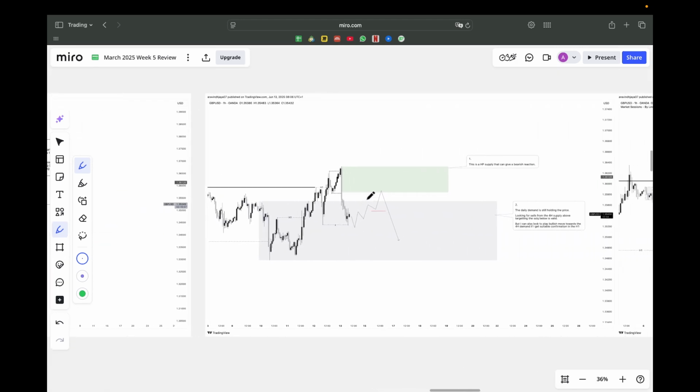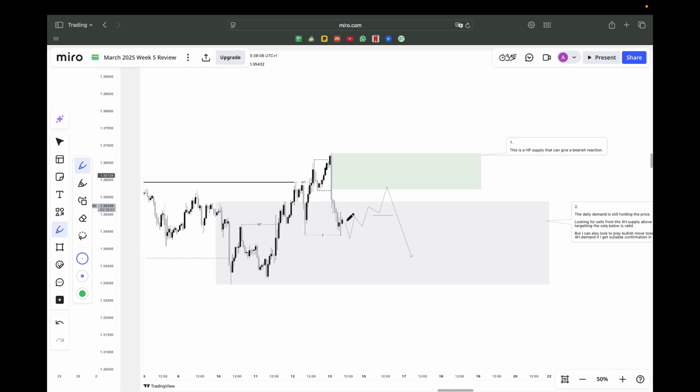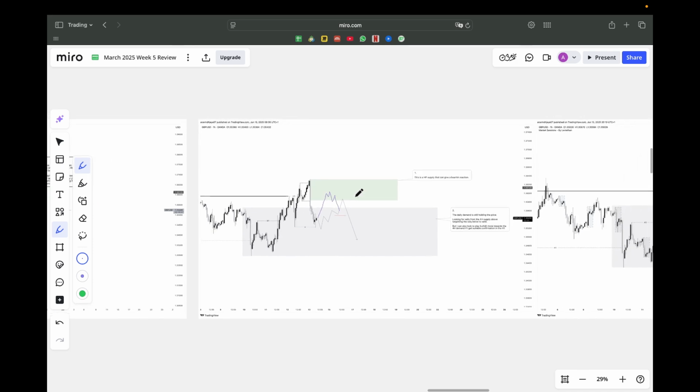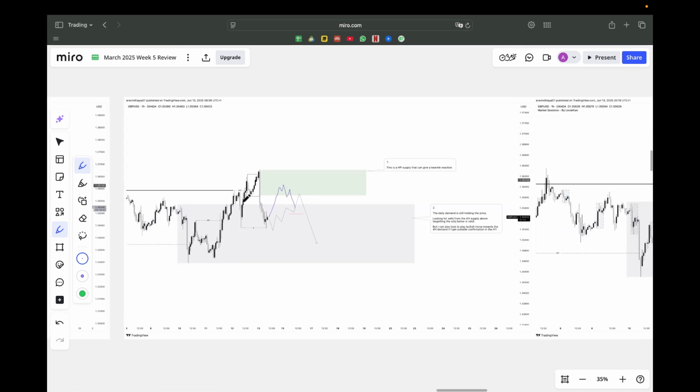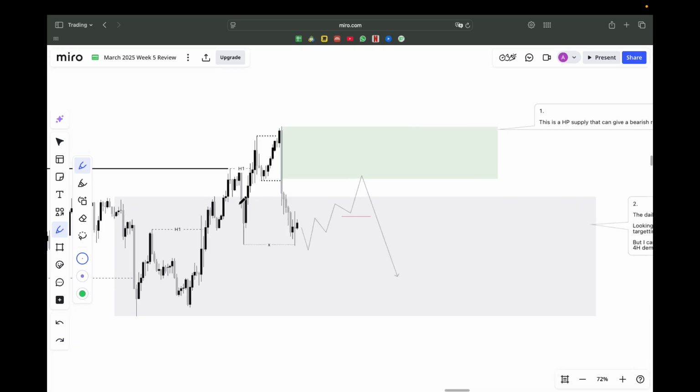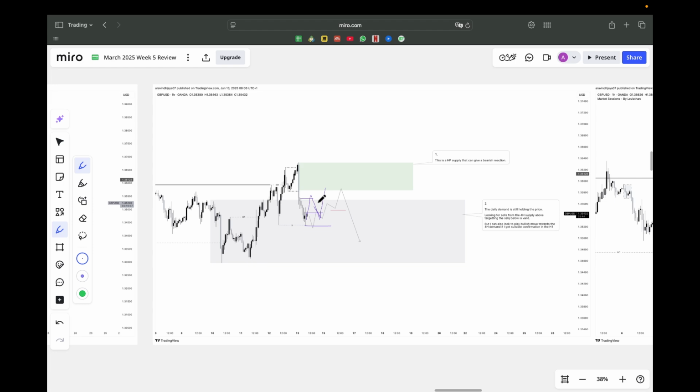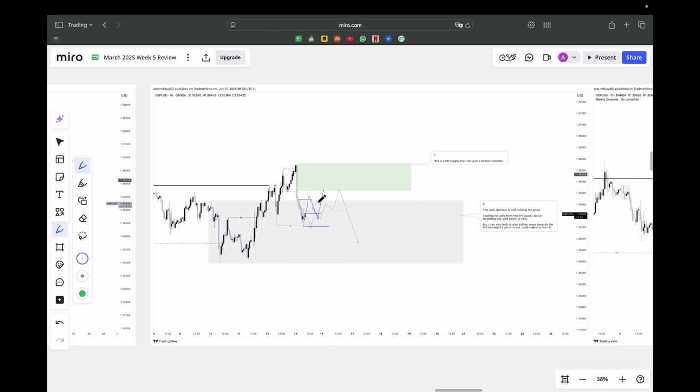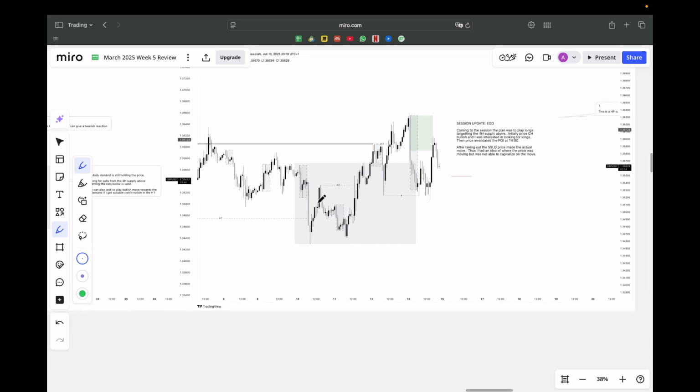The plan is simple, and all I wanted is the price to mitigate into the 4-hour supply and CHoCH bearish, and I can look for sells. And by the way, this is the H1 time frame. But there is also another game plan. If we have a CHoCH bullish right here, and price coming down from the POI, then I can look to trade the quick in and out targeting the 4-hour supply above. So that would yield us 1.5 to 2, depending on the liquidity candle size.